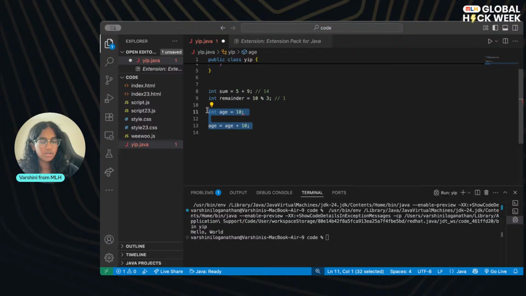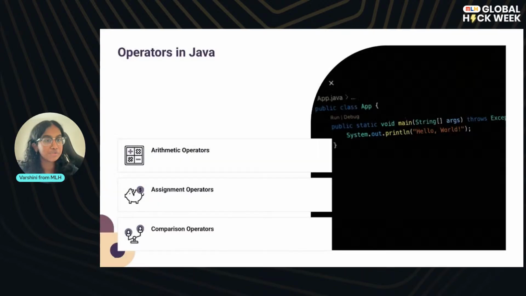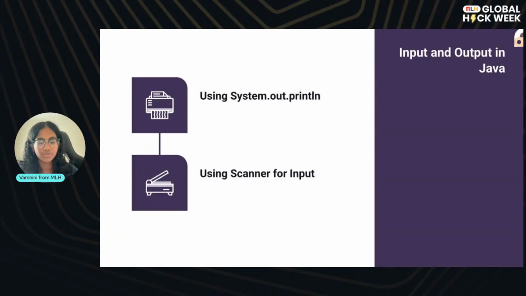Then you've also got your logical operators. So you can do and, which is going to be the ampersand symbol. We can do the parallel bars, that's going to be or. And if we do the exclamation point, that's going to be not. So those are our logical operators. And we're going to be using those in a little exercise coming up. So stay tuned. Those are the basics of the operators in Java.